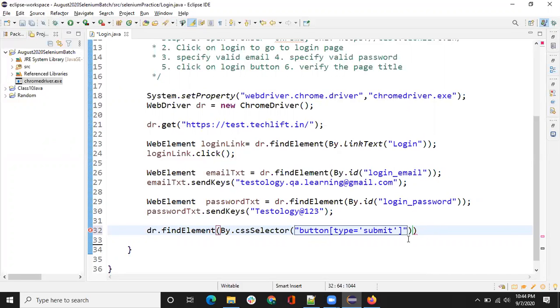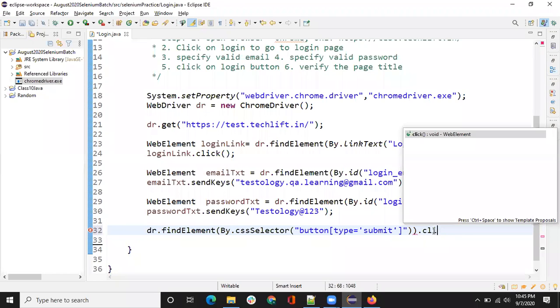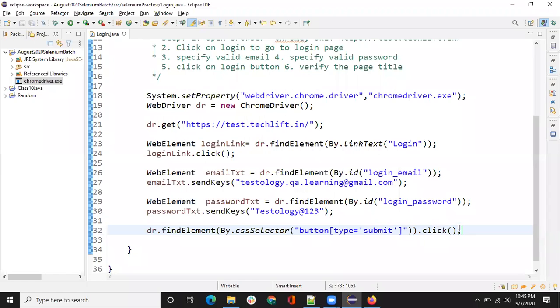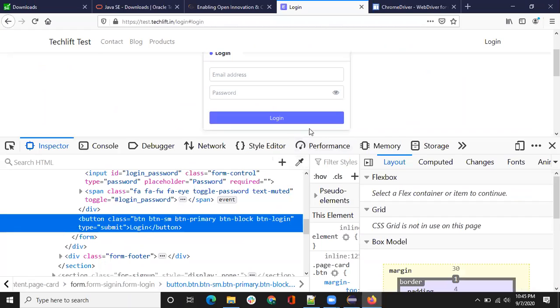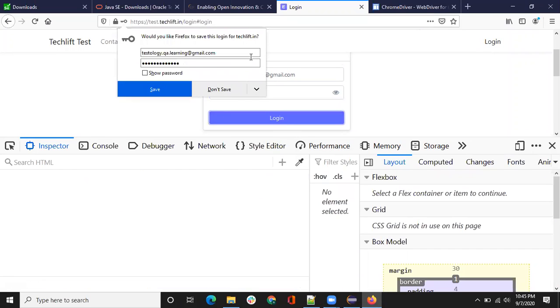And you can do two things. Either you again store it in a particular web element and then perform the action dot click, or you can do it directly here also. So I'm writing dot click at the end, that will click on the submit button. So once we click on the submit button, let me put in, let's say, testology.qa.learning@gmail.com. Password is okay. Clicking on the login,